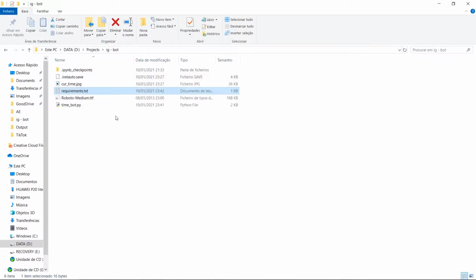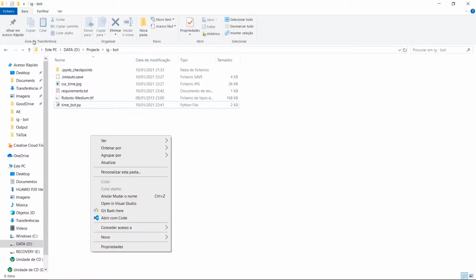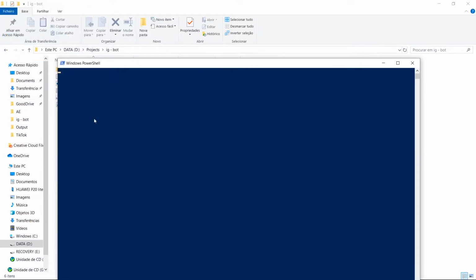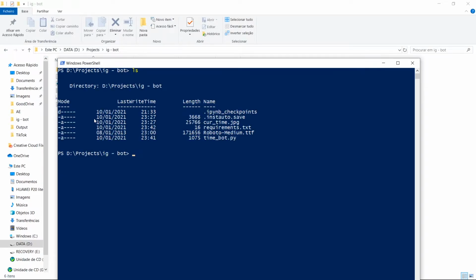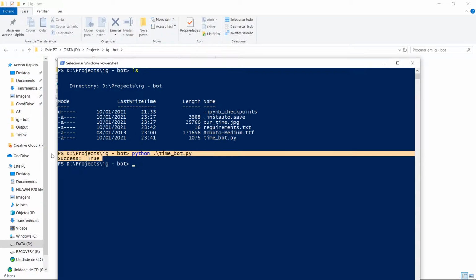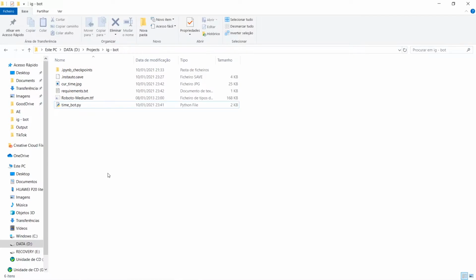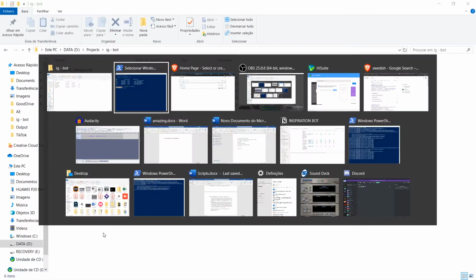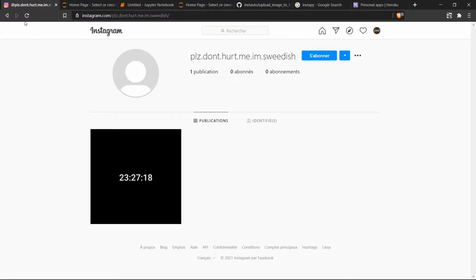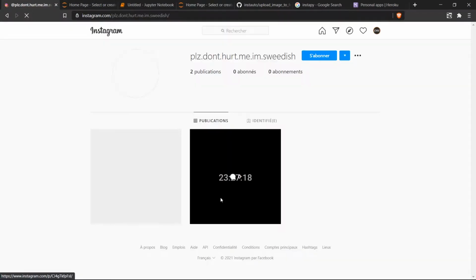And now to check that this script is actually working, I'm going to open PowerShell. So in this case I'll just go here, PowerShell, and I'm in the right folder, so I just do python and then timebot. And hopefully, if everything works correctly, after a bit you'll see success true. Okay, that means that the post was successfully posted. And if I go on to the web, you'll see that now there's a new one with